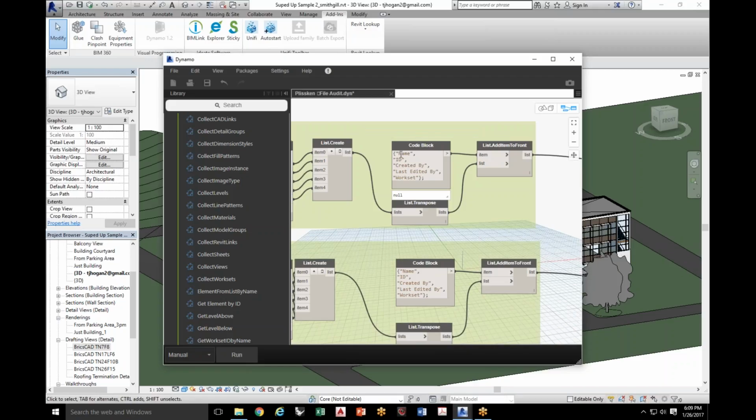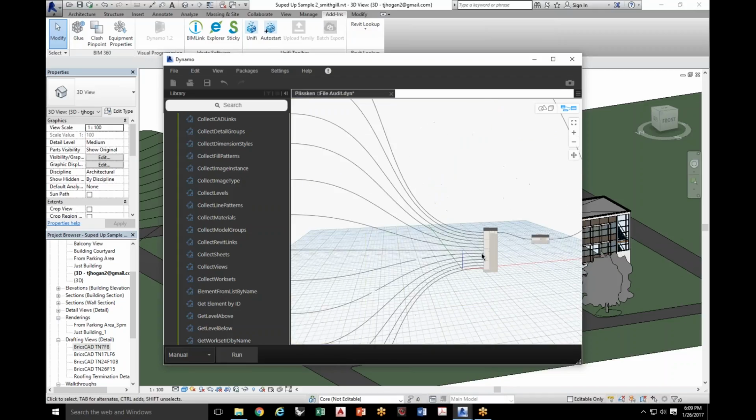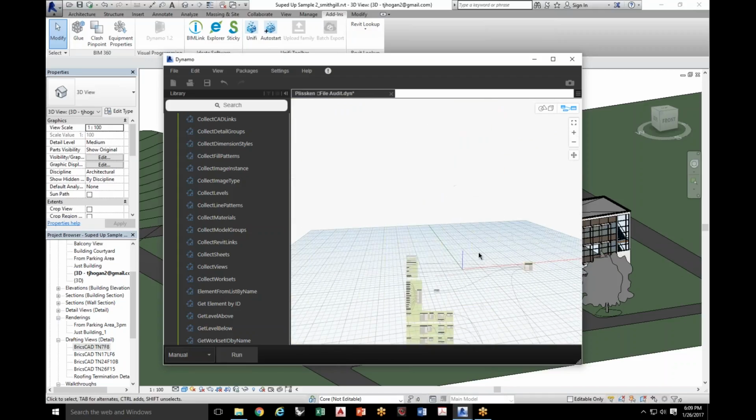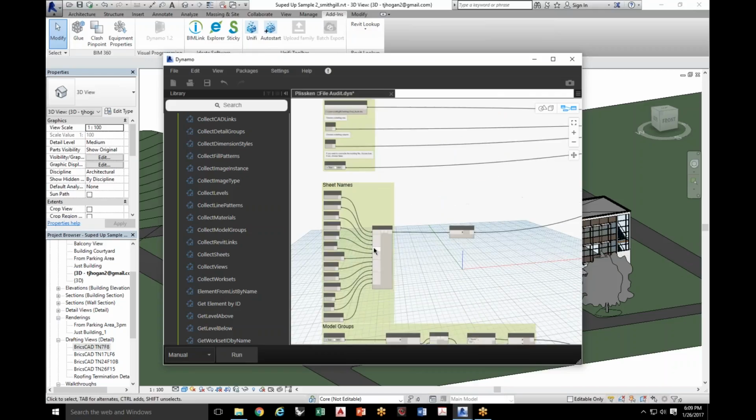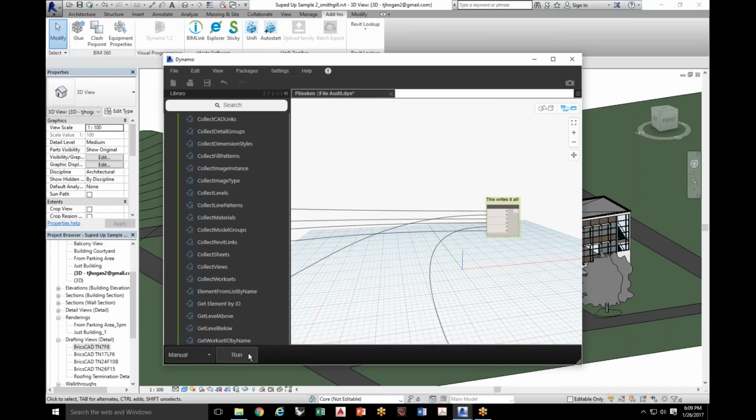I basically just put the titles of each thing that I'm calling out so that the person reading the Excel sheet can actually understand it. So we have all this stuff. Compile all that to a list. All the sheet names are then put into a list. They're both transposed, and they're both thrown out there. So if we click Run,